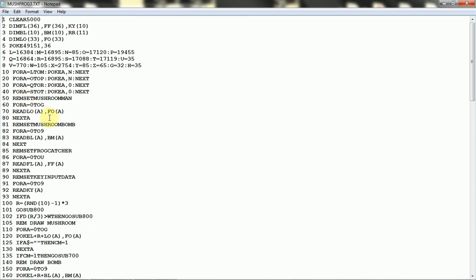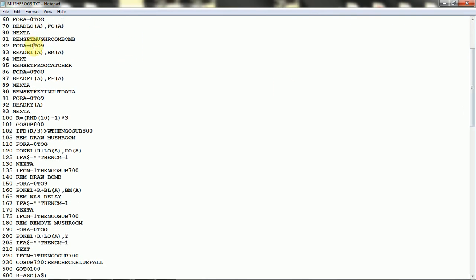And then I got some good REMs here for set mushroom man, and then set mushroom bomb. Set frog catcher. And then REM set key input data. And randomize. Draw the mushroom. It looks like it's actually creating the array here for display later. It's not actually putting it on the screen yet. Same with this loop and this loop. And then this would be setting up the randomization of,